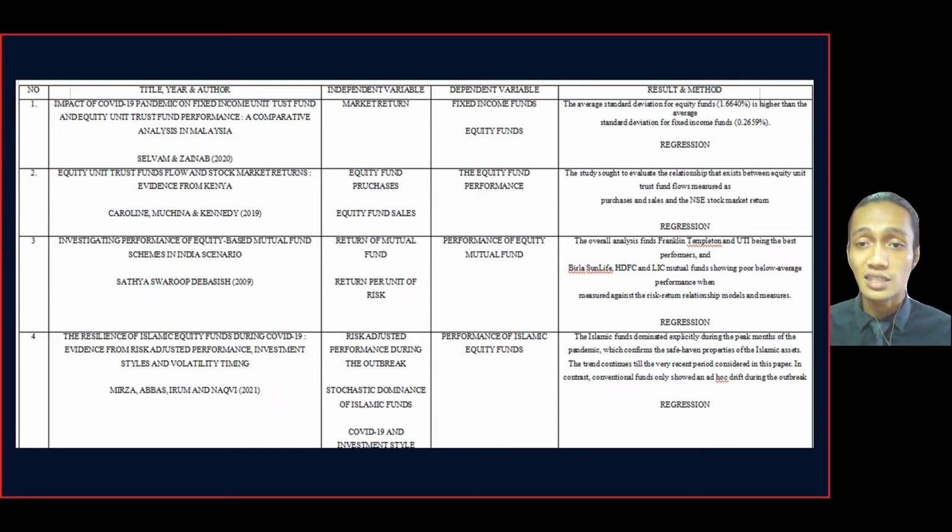The result in this study, the study sought to evaluate the relationship that exists between equity unit trust fund flow, measured as purchases and sales, and the NSE stock market return. The method that has been used by this study is also regression. The next one,